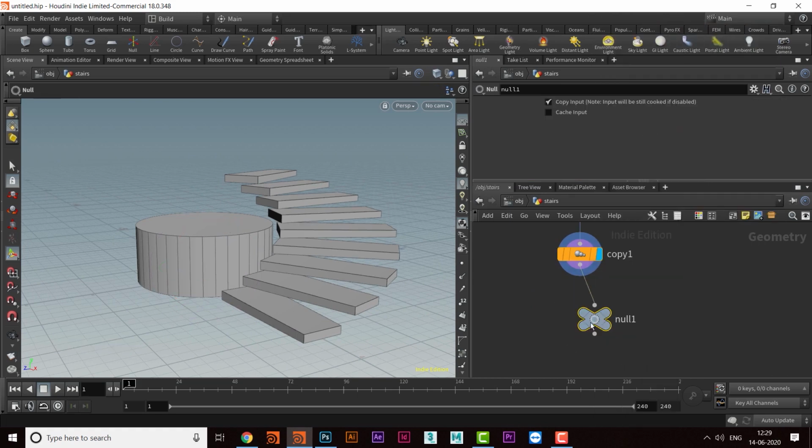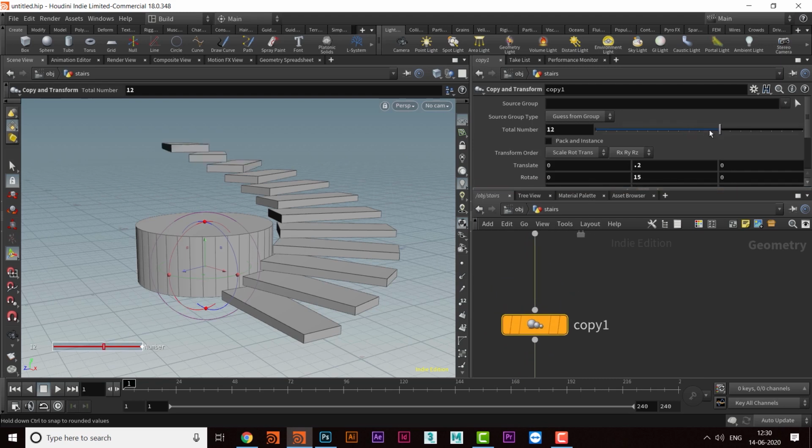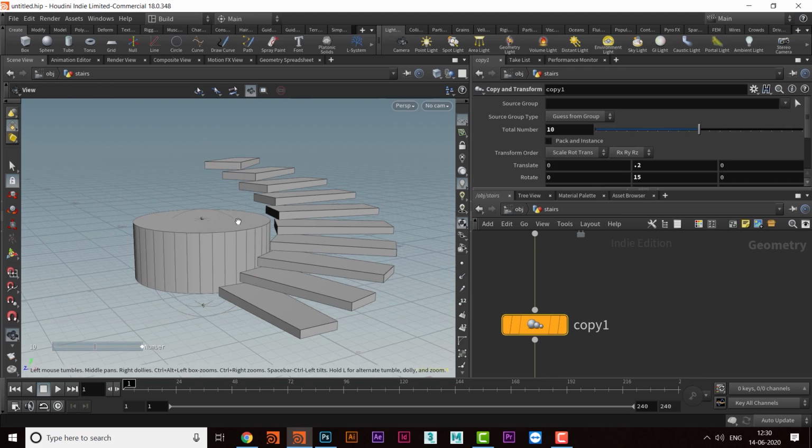It's looking blank, and that is stairs out, or it will be outstairs. Outstairs. Okay, so come to this copy, and now these are the values.